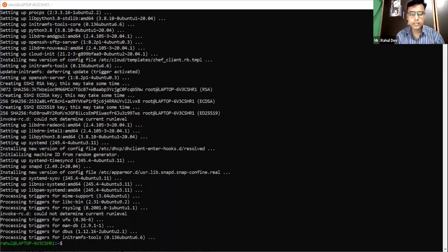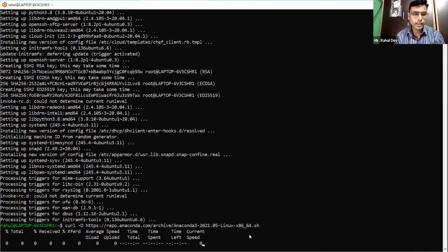Then there is a curl command which we use to fetch or download data from the internet. Like when we are surfing a website and there is a download button, we click on it, and the file starts downloading into the download folder. This is the same thing. Curl command with the -O option. I'll not go into the detail of this -O option. This curl command will definitely have a web address, and press enter.